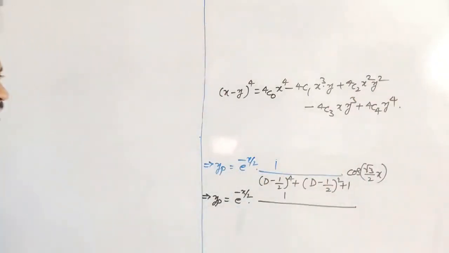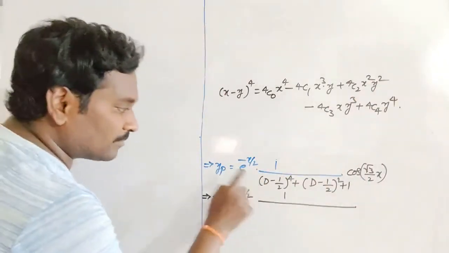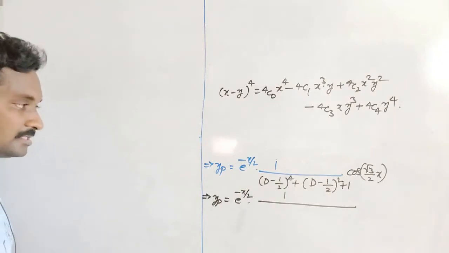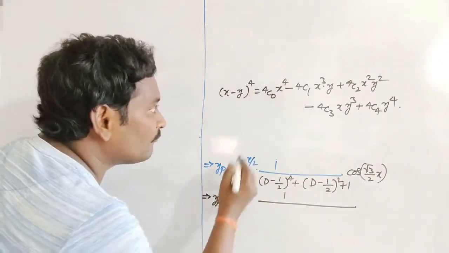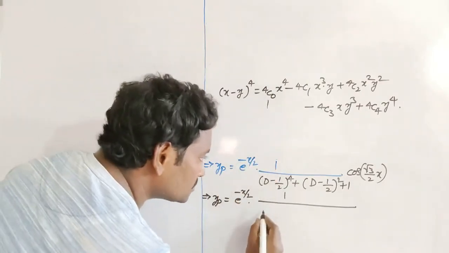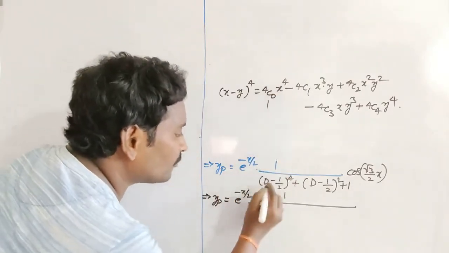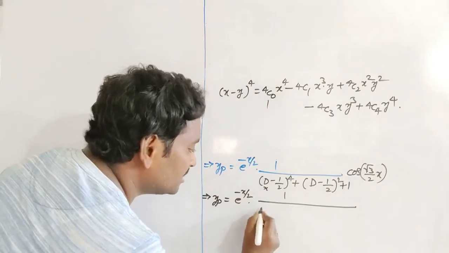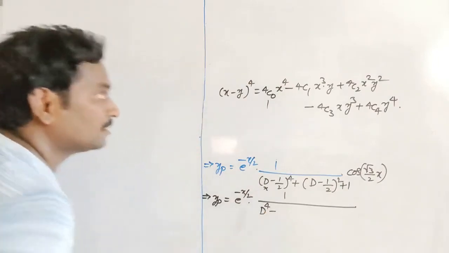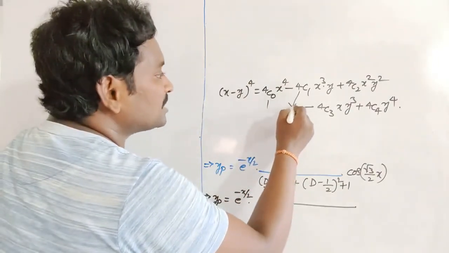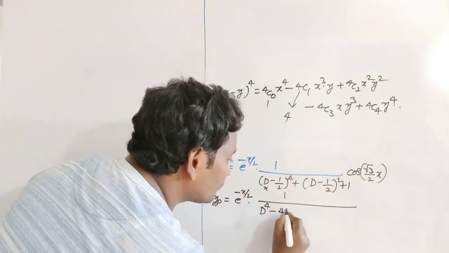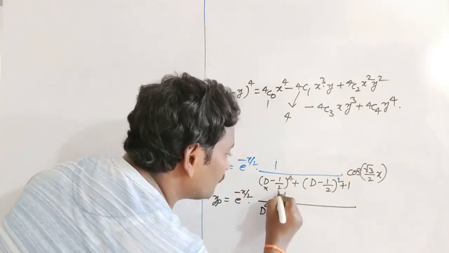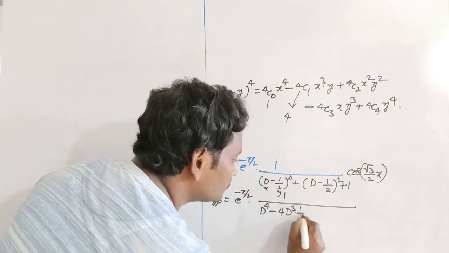In this way I will expand the denominator here. 4c0 means 1. So 1 into x power 4, x is nothing but d power 4, minus 4c1, everybody knows that the 4c1 value is only 4, so 4 into d cube into y value, y is nothing but 1 by 2,